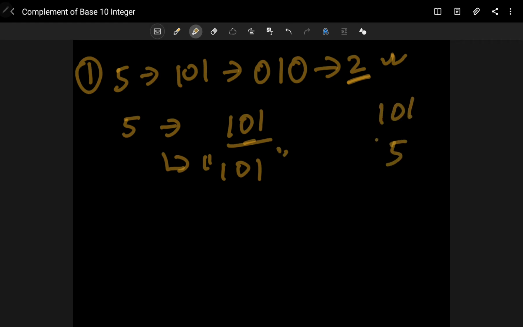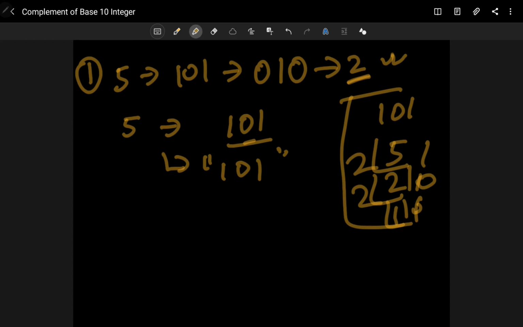Suppose your number is 5, then you need to divide that by 2 like this, and design your own. It will be like this, 101. So you can use either the inbuilt method, or you can write your own logic by dividing by 2 and getting the binary. For this example we are going to use the inbuilt method.